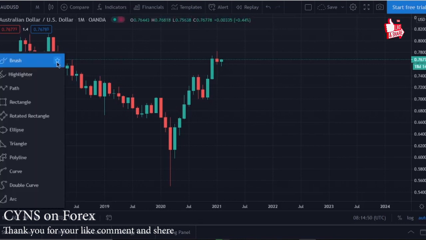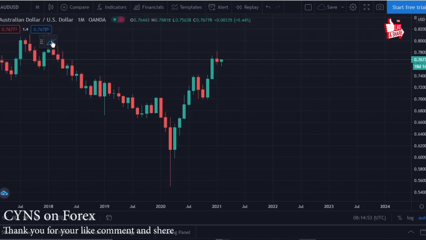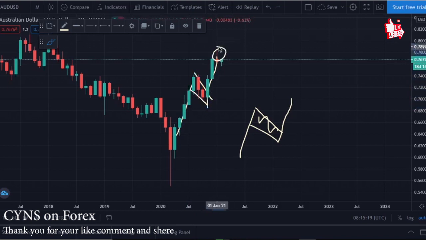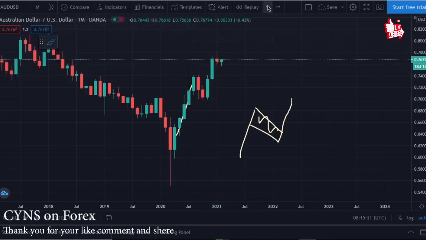Starting from the monthly time frame, what can we see in the market? Generally speaking, if we have an impulsive move, what should we expect? It should create a corrective pattern. After that, it should create another impulsive movement continuing to the upside, especially with the creation of a higher high and the completion of an impulse, correction and impulse pattern. This is exactly what the market did. The market just completed an impulse, correction and impulse pattern to the upside and just printed a higher high.